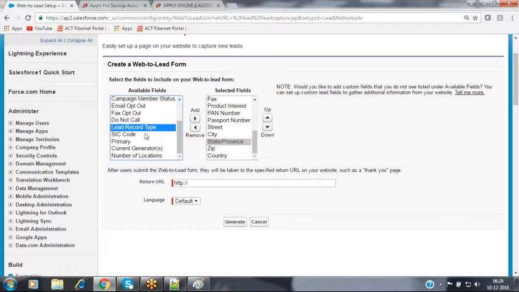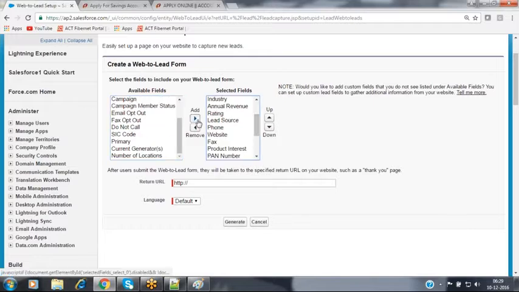And along with that, if you want to provide the lead record type, then you can select that lead record type also over here. So these are the various fields that I would like to place inside my graphical user interface. And now the user has to enter the details inside these fields. And as soon as you click on submit, we need to redirect the user to some other page over here.